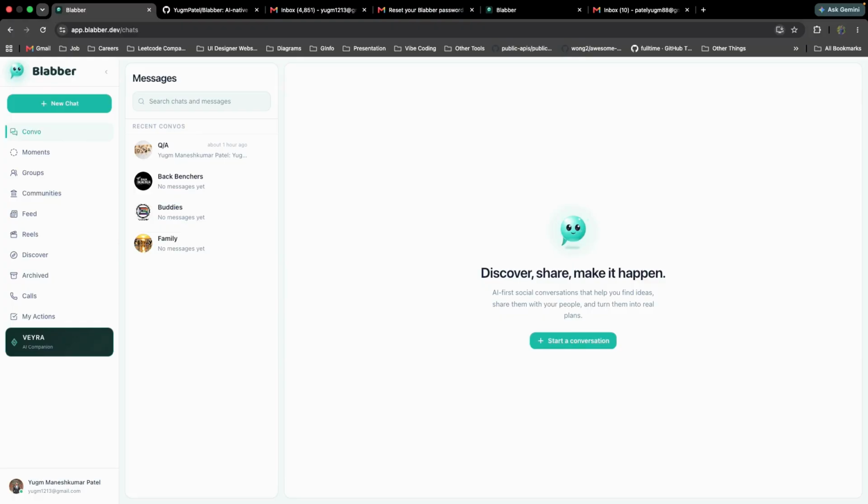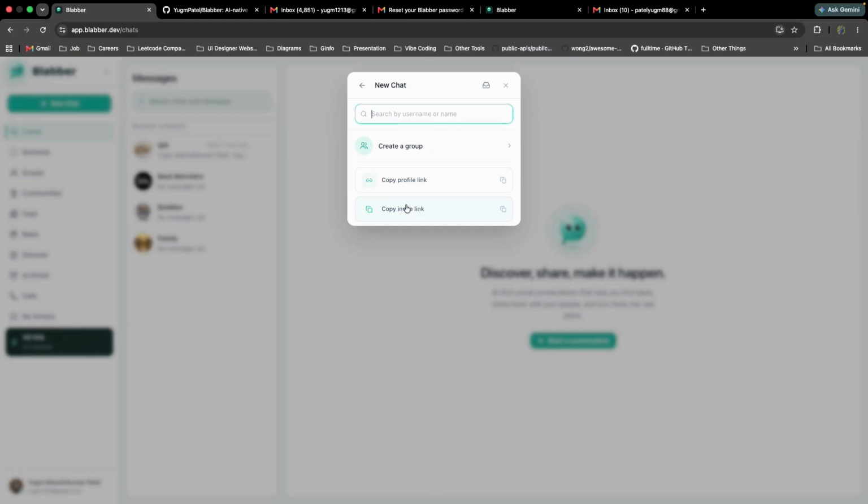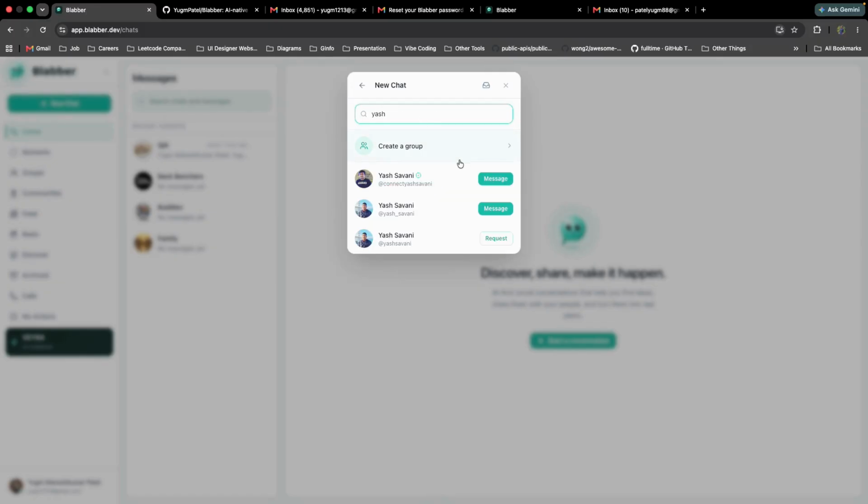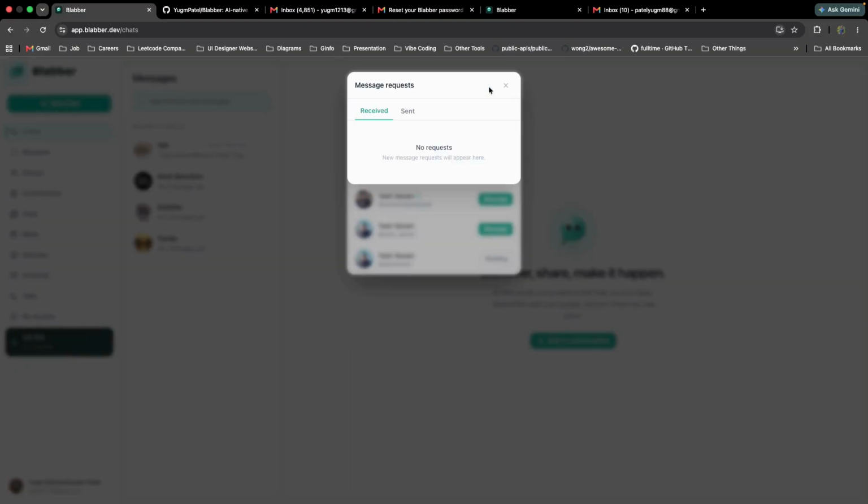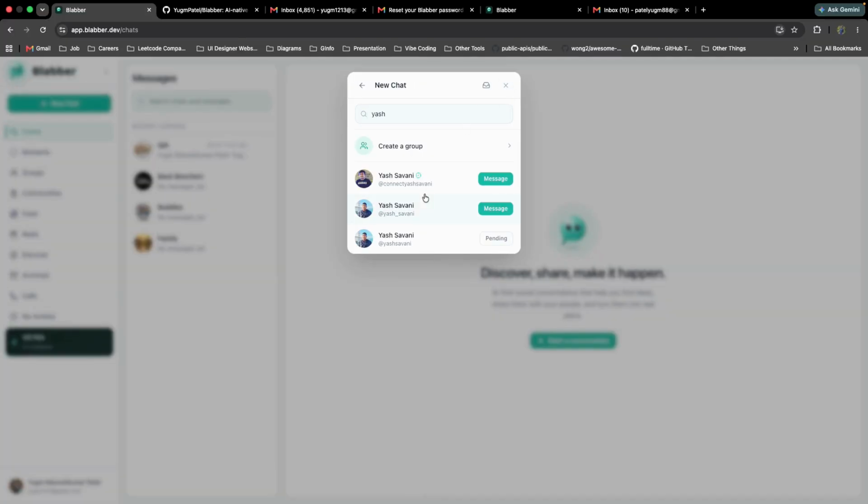Now for privacy, instead of letting anyone immediately message you freely, the first message can be treated like a request. So I have to request that person that I want to talk to you, and I have to write a message. That's optional actually, but if you want to write a message something like, hi, I want to talk to you, and you have to send the request, right? It will show you in the send section, and then that person will receive the request,